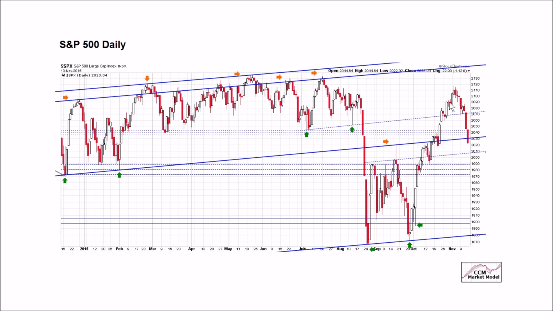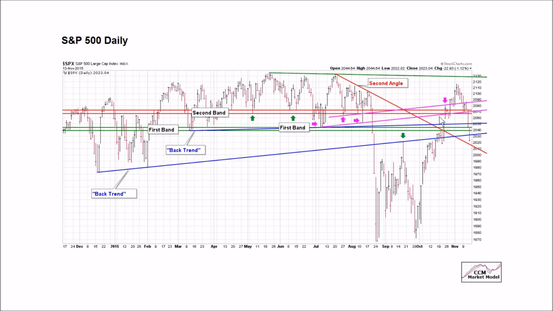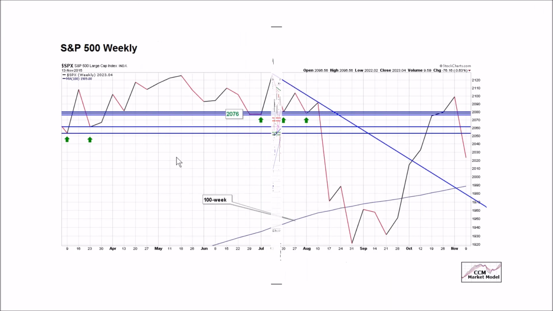We lost all of these gains here and all of these levels here. We recently covered all of the good things that happened here, all the levels that we were able to plow right through in this direction. We just gave it all back. Same thing from a weekly perspective. This is a nice bullish breakout here. We closed above these levels. Typically, if this is a real bullish breakout, we would be moving in this direction for some time. Now we can classify this as a failed bullish breakout.